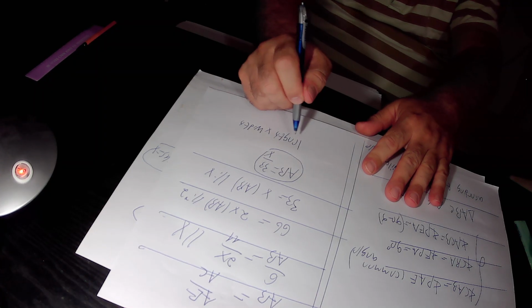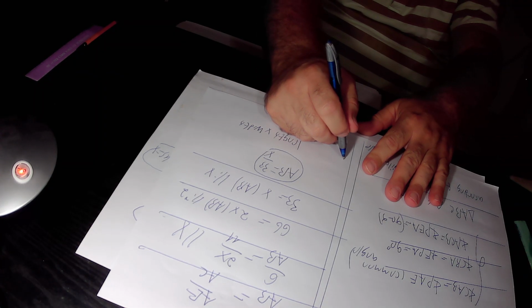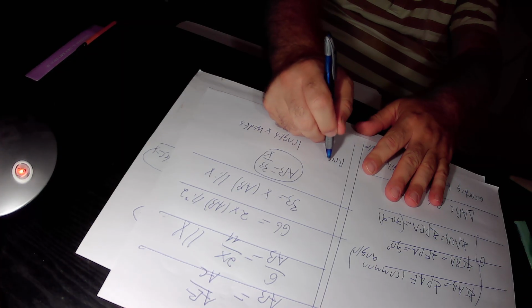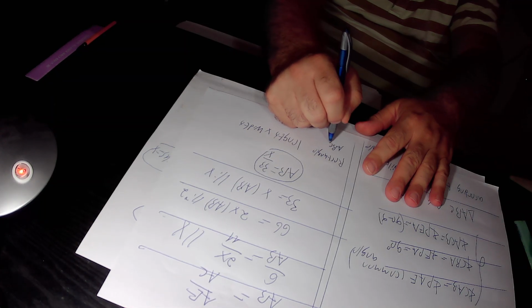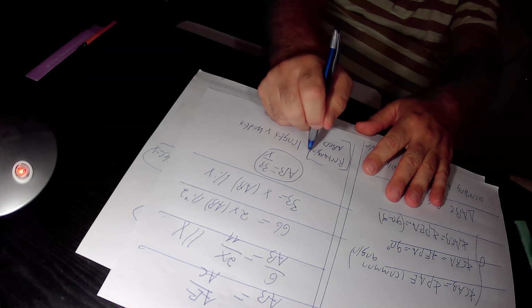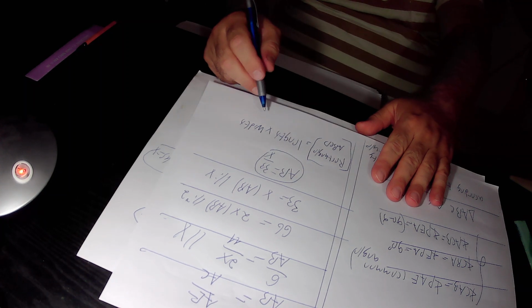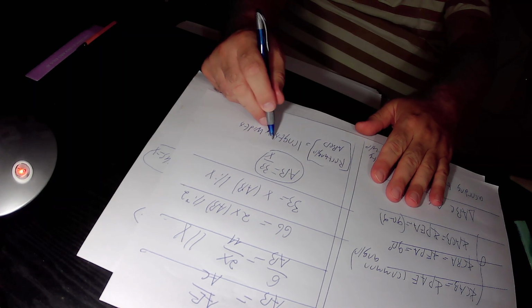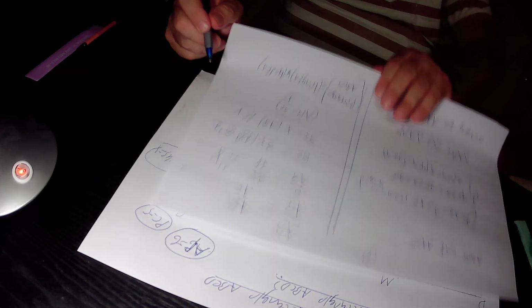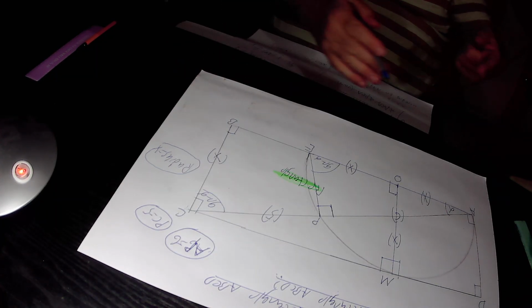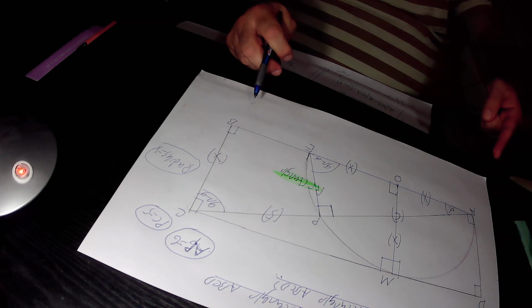This is the area of a rectangle. So we are looking for the area of rectangle ABCD. And we know that the area of a rectangle is equal to the length of the rectangle times the width. And therefore the area of this rectangle ABCD must be equal to the length of this rectangle